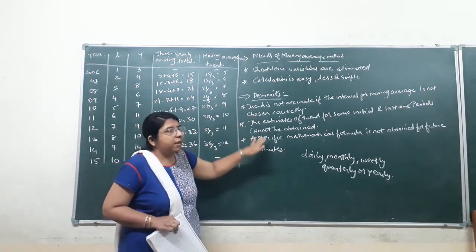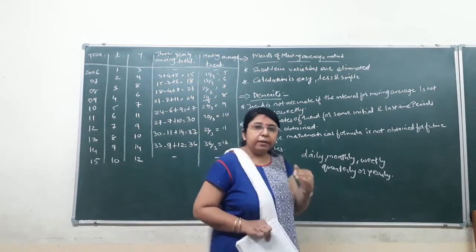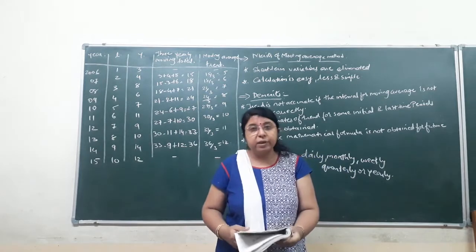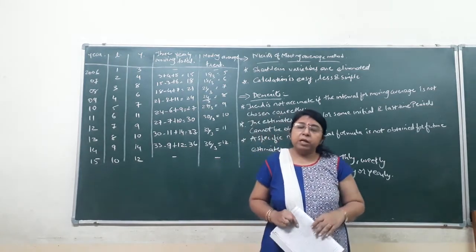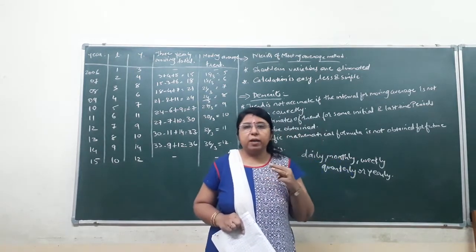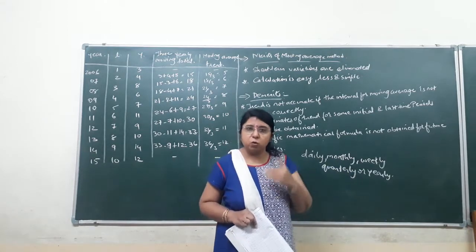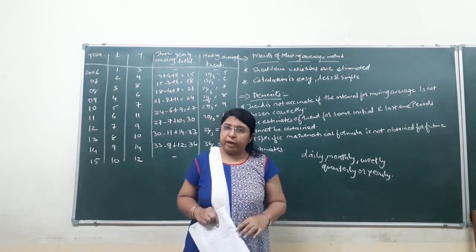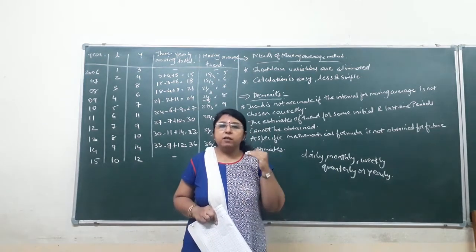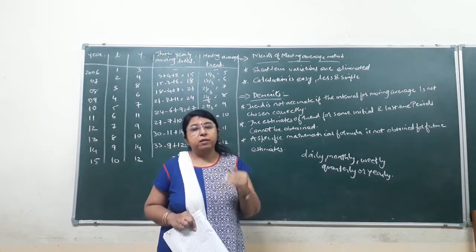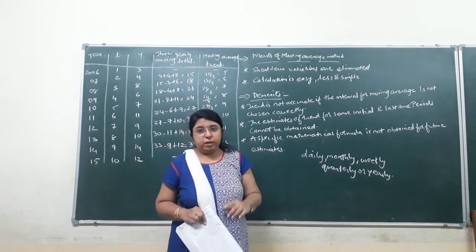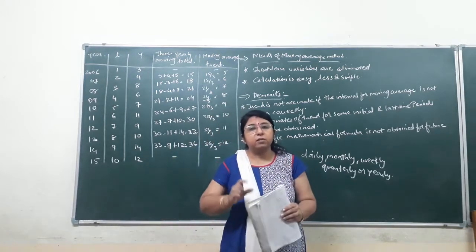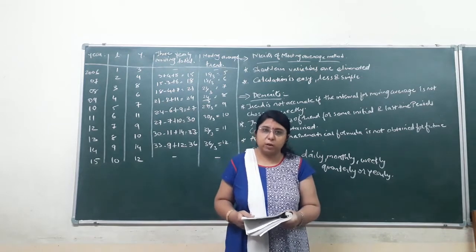Now after understanding the merits and demerits of this method, let us today start with exercise 4.3, that is page number 177 of your textbook. There are basically 3 different types of sums that come in the examination and even in your course syllabus: the 3 yearly, 4 yearly and 5 yearly moving average. Today we will be discussing the first type, that is the 3 yearly moving average, and based on that calculation, that is exercise 4.3 question 1, today I am going to explain it to you.